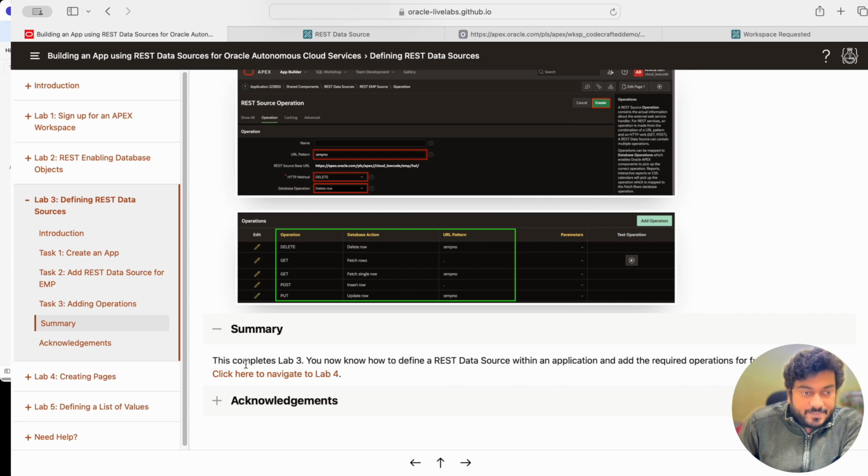So we have completed lab 3. Now let's navigate to lab 4. So what it's saying, you know how to define a REST data source within the application and the required operations for the full CRUD operations. Okay,